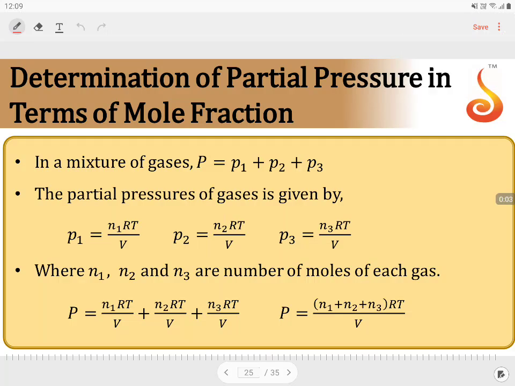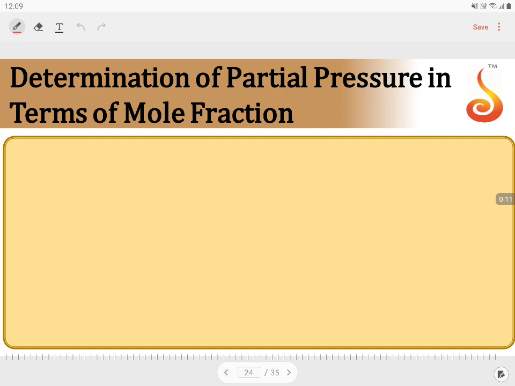Determination of partial pressure in terms of mole fraction. So children, before we go into this particular one, we need to know the partial pressure. Partial pressure, already you might be learning, is the pressure exerted by